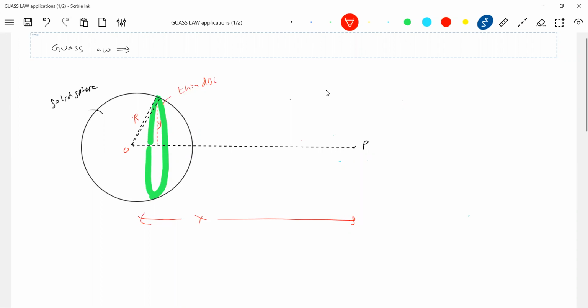So where is the point P? The point P lies outside. Let this be X. Let this be R. Then at what distance will this particular disc be? R plus R minus R. We should first define dm, the mass of this disc. Then due to this thin elemental disc, at point P, what is the field strength? Then I'll integrate and get the required answer. Everything is there, the description is there in SU Verma. You just go through it once.